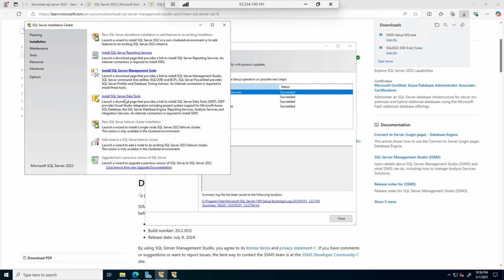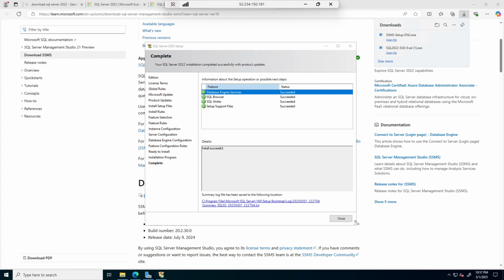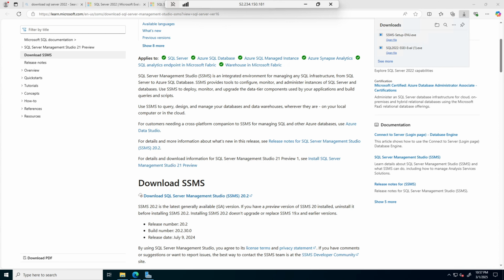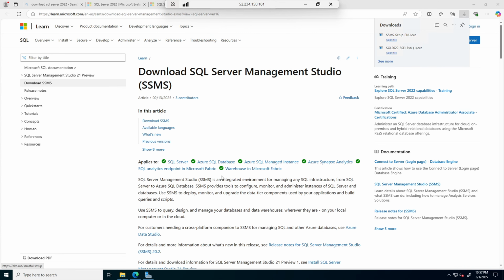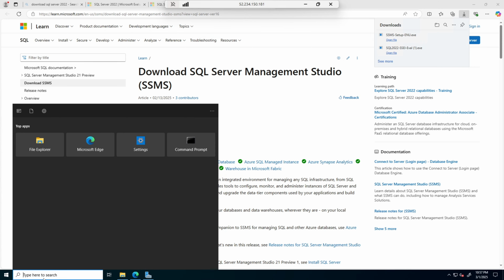If you don't have SQL Server Management Studio, you can actually install it here from the installation center, or go ahead and just go to the Microsoft website. You can type that on Google, download SSMS, and you are able to download that and install it. It's a very simple process to do that installation. And you can see the website right here that I have pulled up. So pull up SSMS,